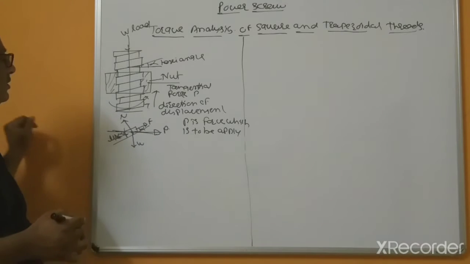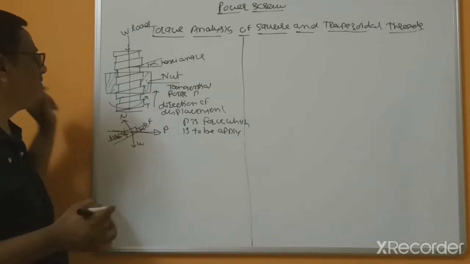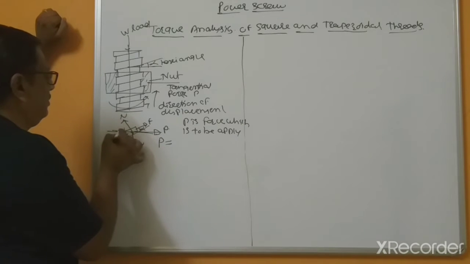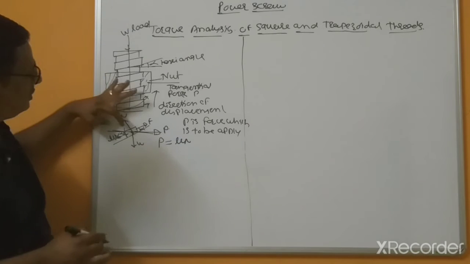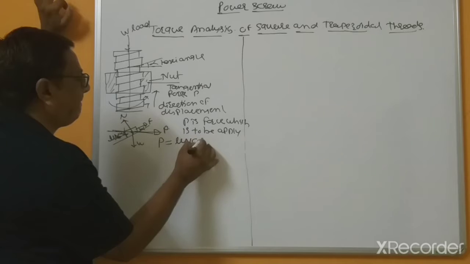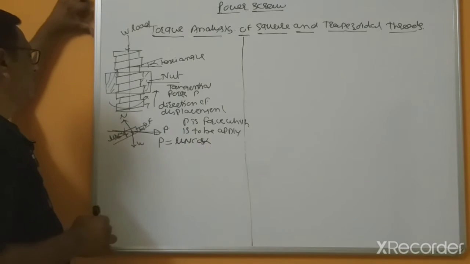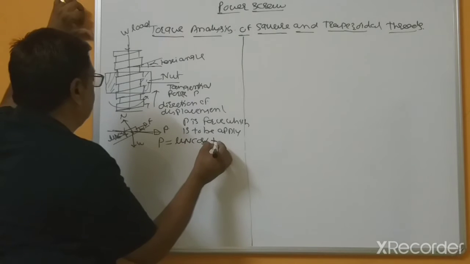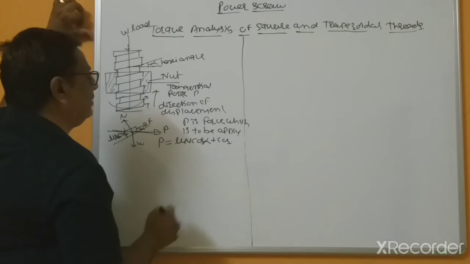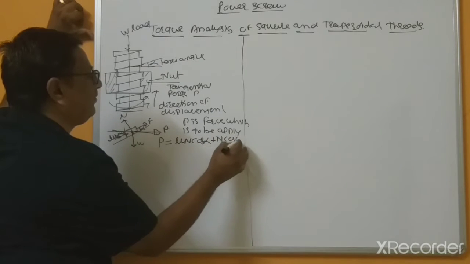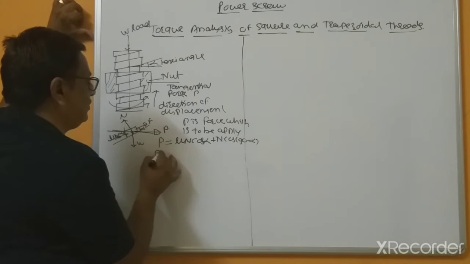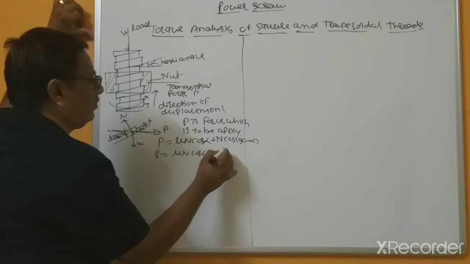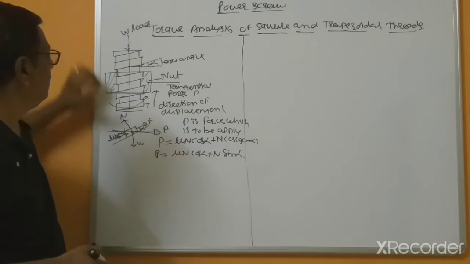Now for equating, this angle is alpha. P equals the reaction, mu N, because this is the horizontal force, mu N into cos alpha, plus N into cos of 90 minus alpha, so you can write it as N sin alpha. So P, the horizontal force, equals mu N cos alpha plus N sin alpha.